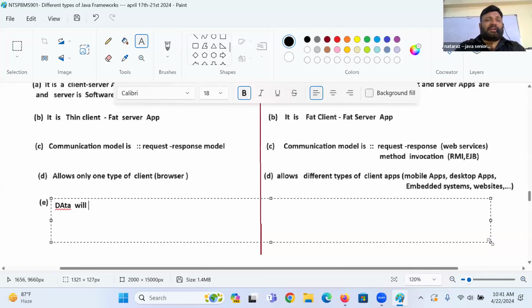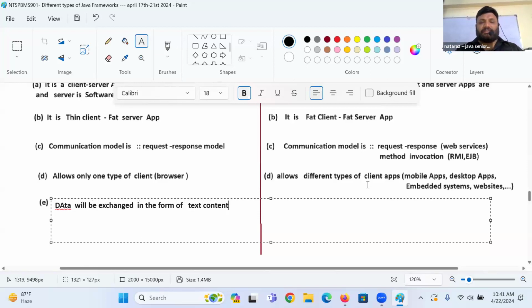Data will be communicated. Data will be exchanged. That's better. Exchanged in the form of what, guys? XML or JSON. Oh, sorry. Here text only. Data will be exchanged in the form of text content.